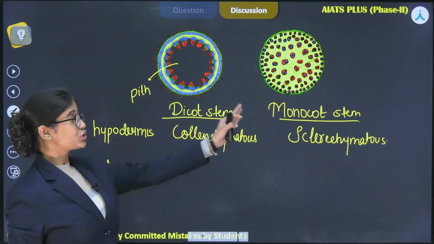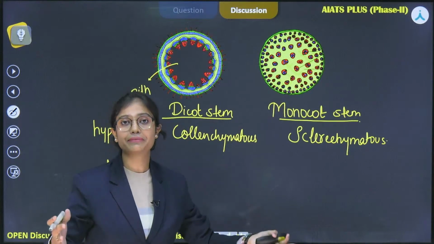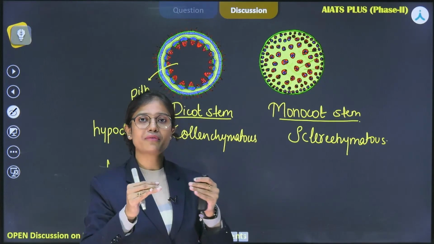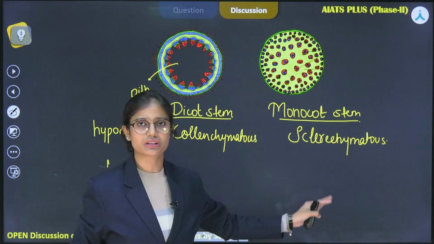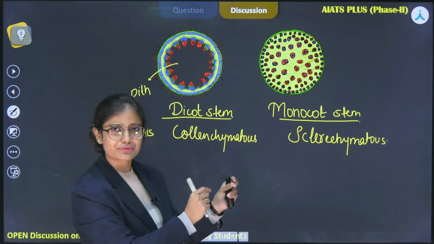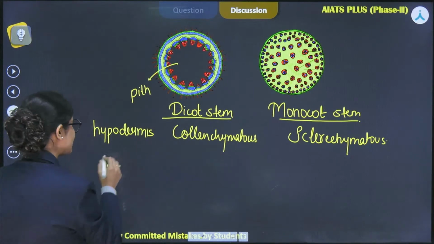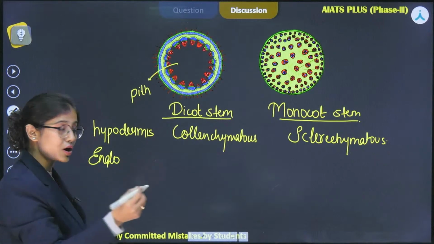Right? If we talk about the monocot stem, here the ground tissues are not well differentiated. That means the ground tissue is not differentiated in terms of endodermis, pericycle, etc. Undifferentiated ground tissue is present. But if we talk about the dicot stem, it has very well differentiated ground tissues. So if we talk about the endodermis, which is actually the innermost part of the cortex,